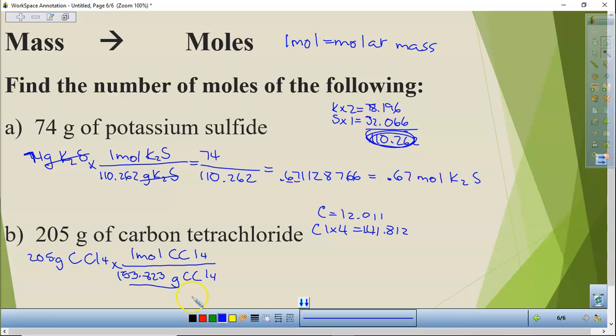There. So I multiply everything in my numerator. 205 times 1 is 205. Only thing that's in my denominator here is 153.823. Divide denominator into numerator. 205 divided by 153.823 gives me